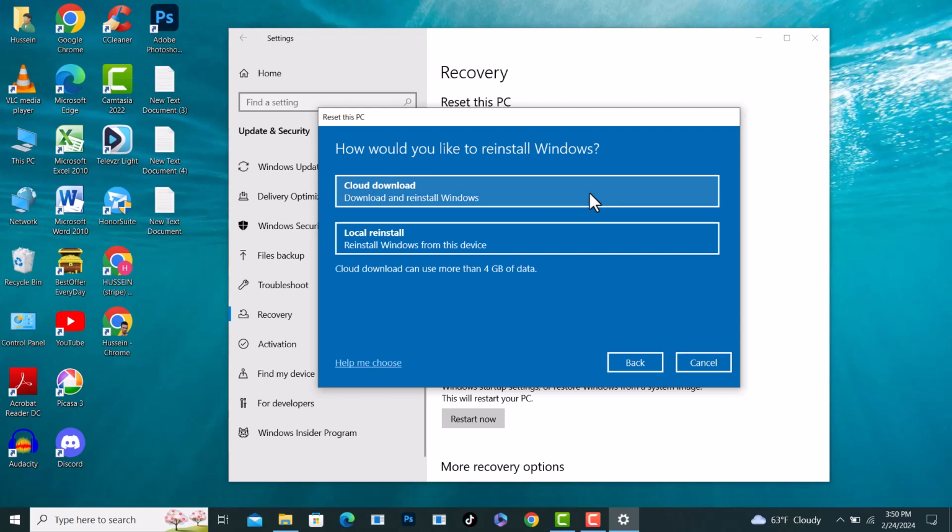And from here it says, how would you like to reinstall Windows? We have a cloud download and local reinstall. Local reinstall, if you have a copy on your laptop and you make sure you can reinstall it again, do this option. But if you don't have it, just tap on the first one, download and reinstall Windows. And it says cloud download can use more than 4 GB of data. I will choose the first one,